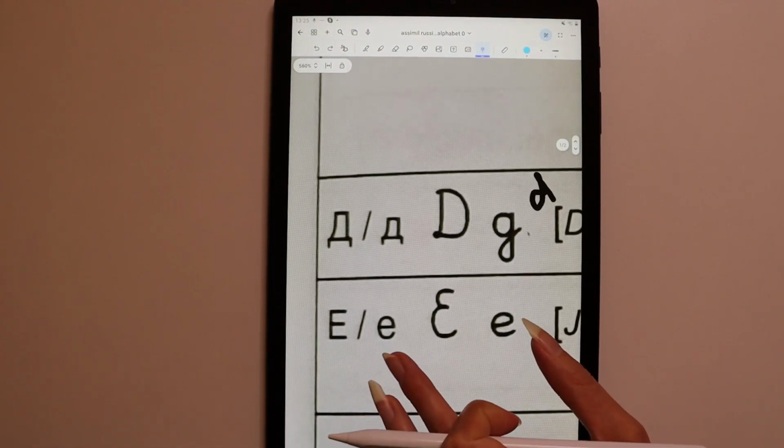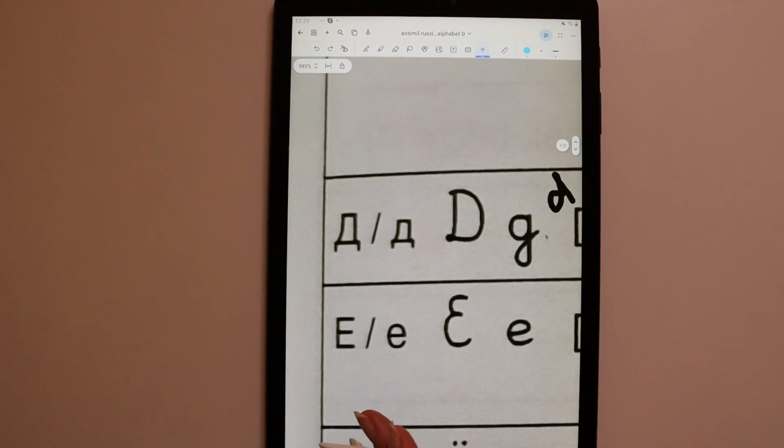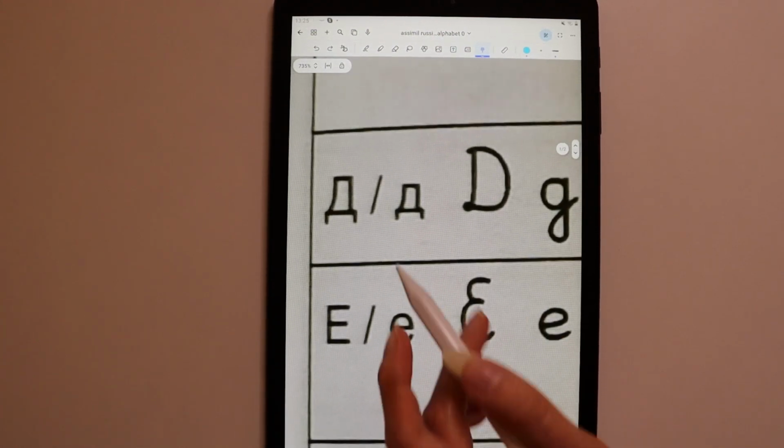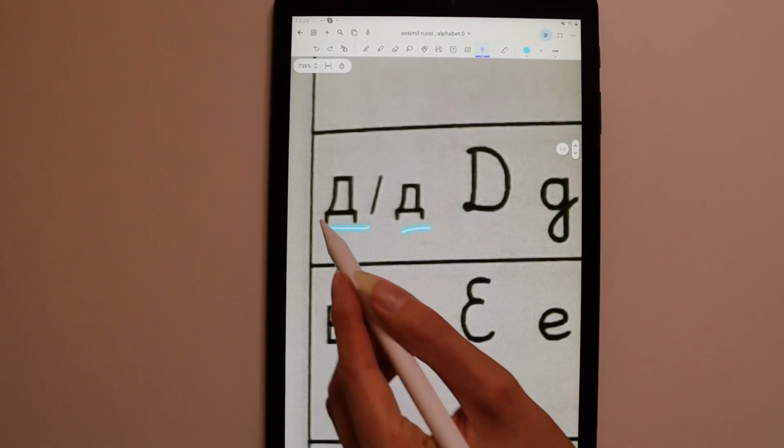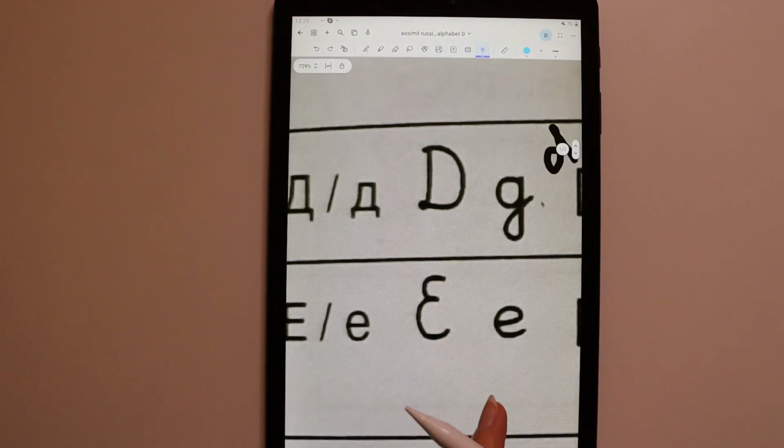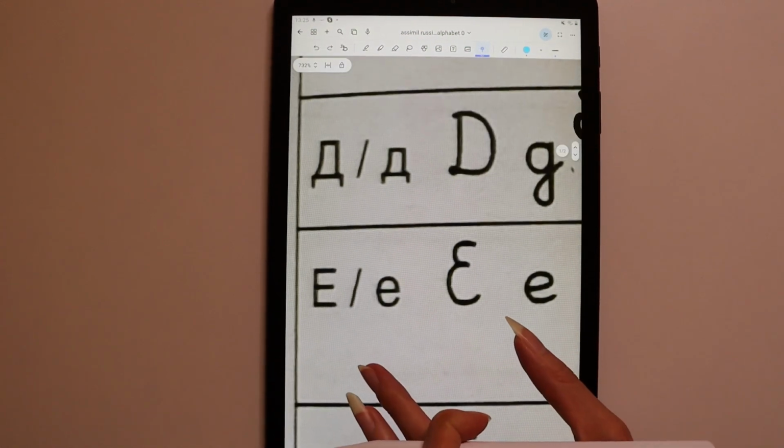These are the cursive versions. But for now, if it's your first time learning the Russian alphabet, you should only remember these versions, because you can still learn the cursive letters later on. So now we have the ye,